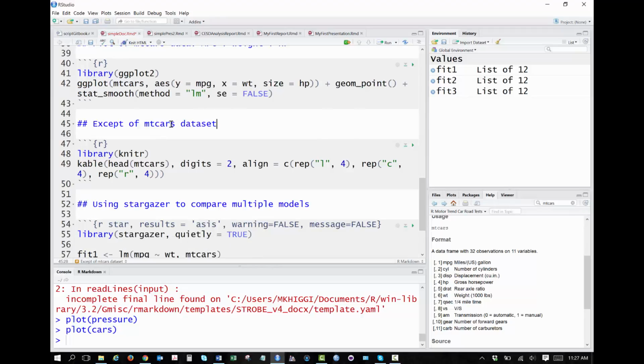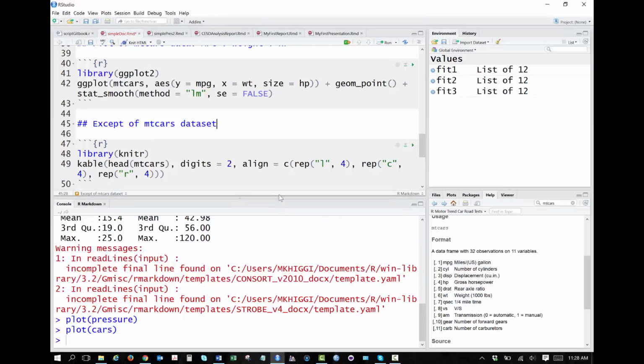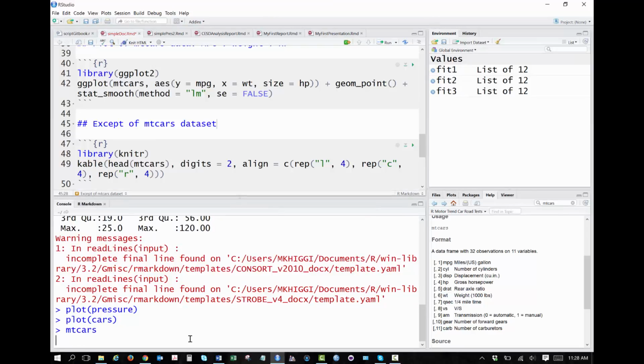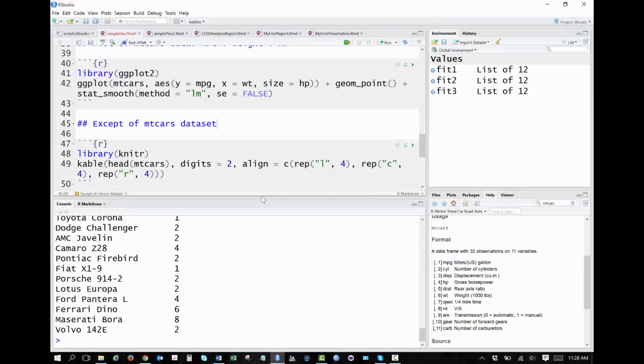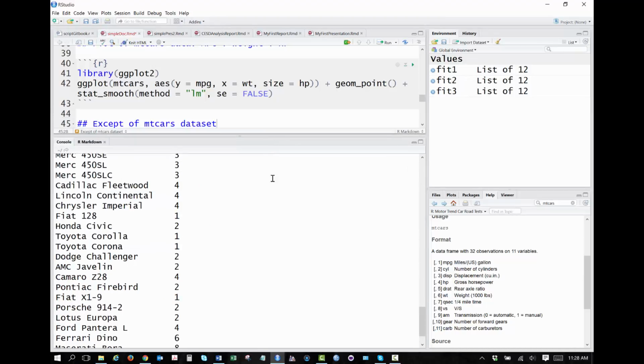I can look at an excerpt of the mtcars data set. So before we run that, I want you guys to see what this data set looks like. If I just type in mtcars in the console window,